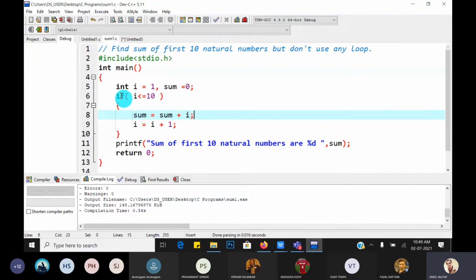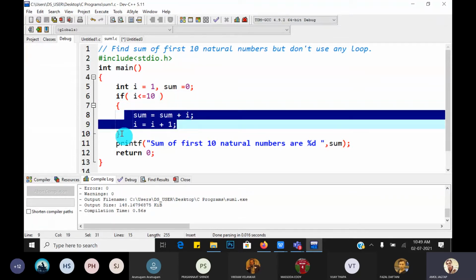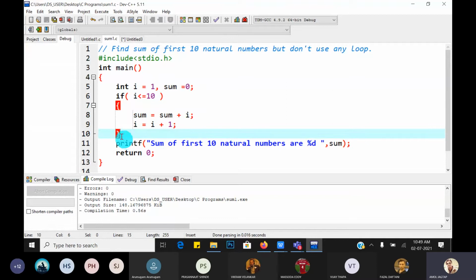What is the execution of if? The if statement first checks the condition. If the condition is true, then it executes the body of if, and after that immediately it goes to the next statement. That's why it prints sum equal to 1 only. But what we require is for the if statement to work as a loop like the previous one.